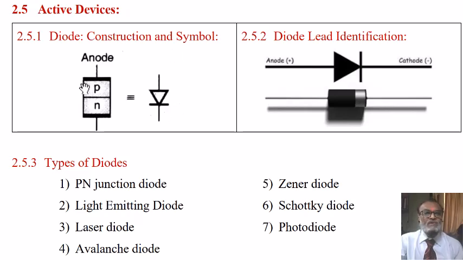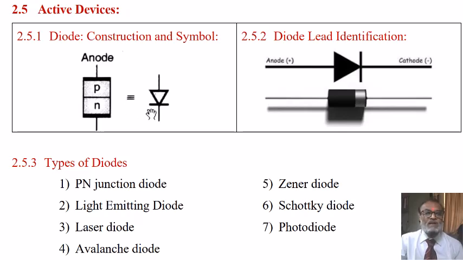It consists of a P-type material bar and N-type material bar sandwiched together, and a metallic electrode called anode is connected to the P-type material,